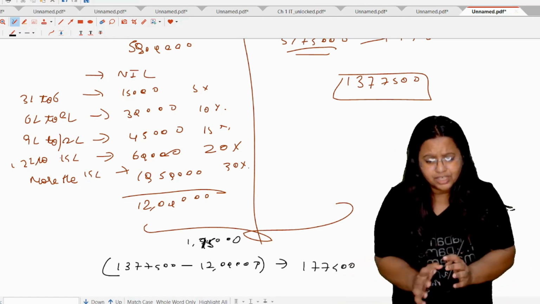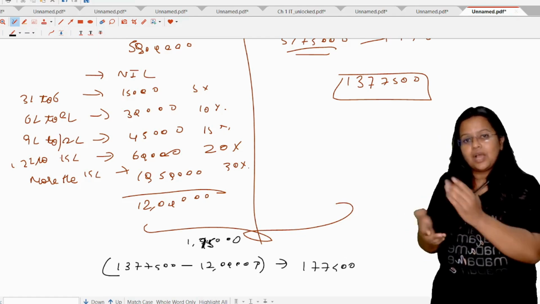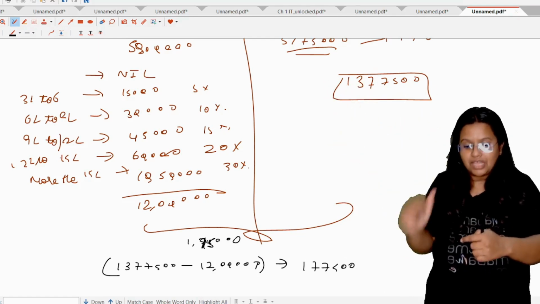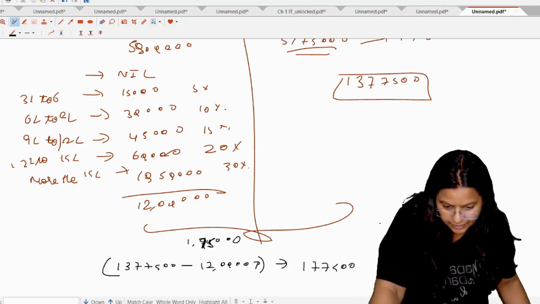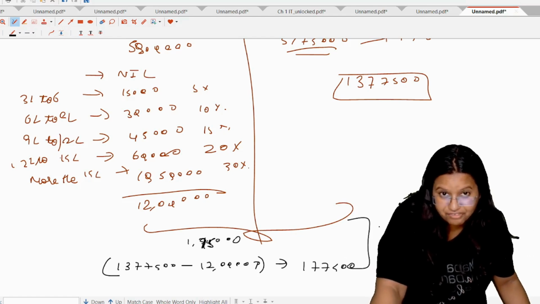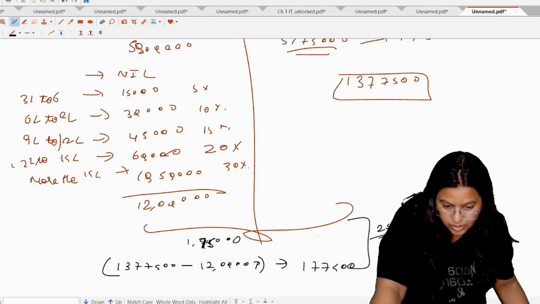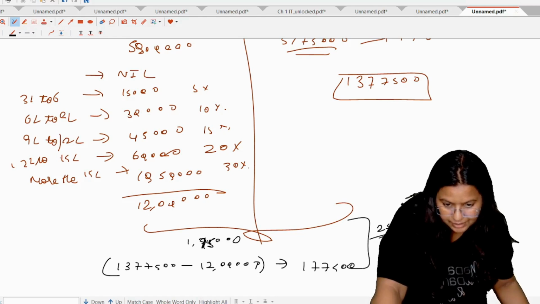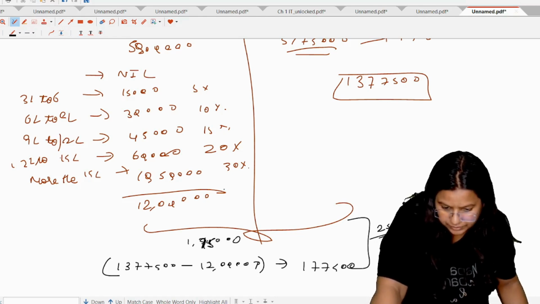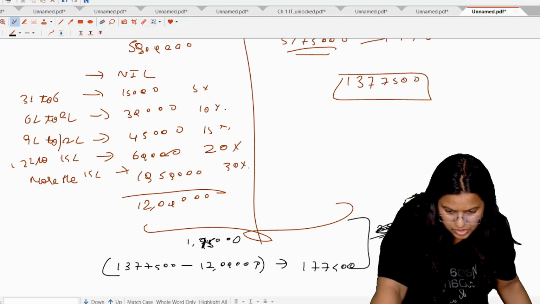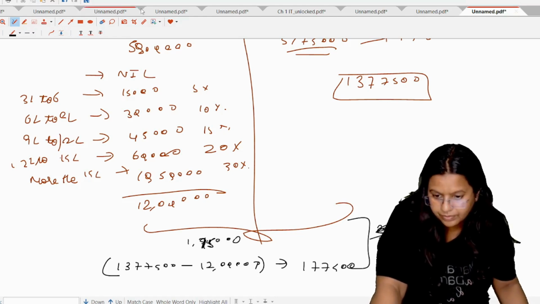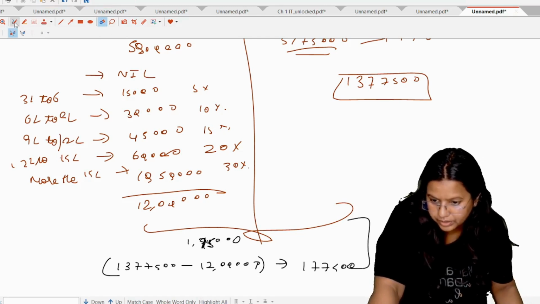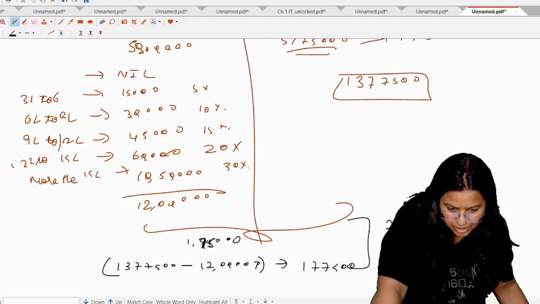Do you think it is fair that the person is earning an additional income of 1,75,000, but he is paying an additional tax of 1,77,500? So they said, just do one thing. How much additional tax, how much unfair tax is he paying? 2,500. So this will be available as marginal relief. That is, 2,500 shall be the marginal relief.